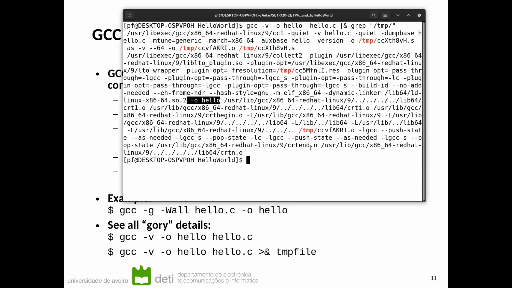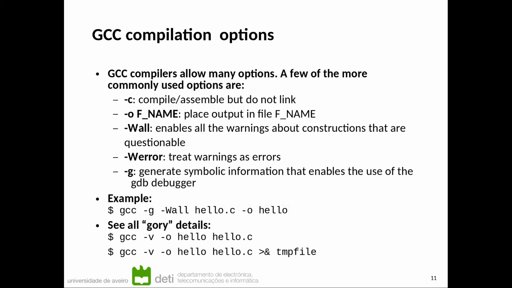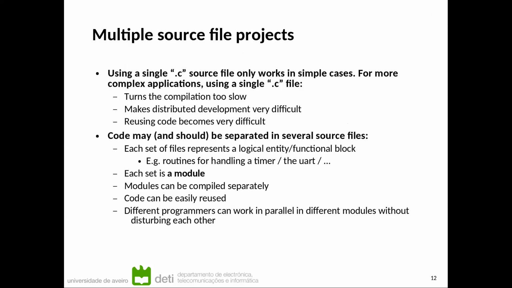Okay, so we see here that effectively those steps, although we don't see them, convert into assembly file, from assembly to object file, and from object to executable file. They all happen when I issue this command. And this kind of structure is important for us to know why we build things in a certain way, and why we need to do things.